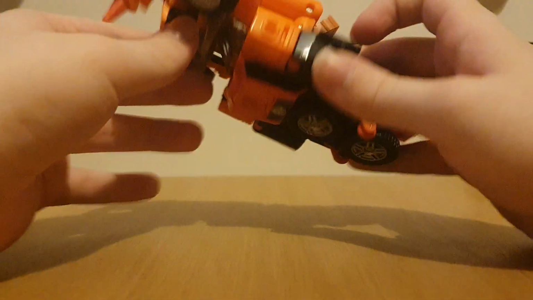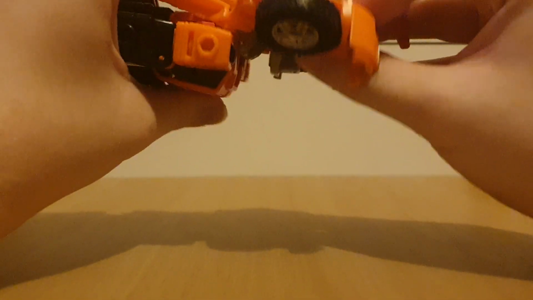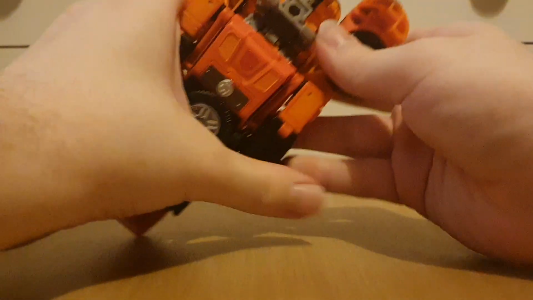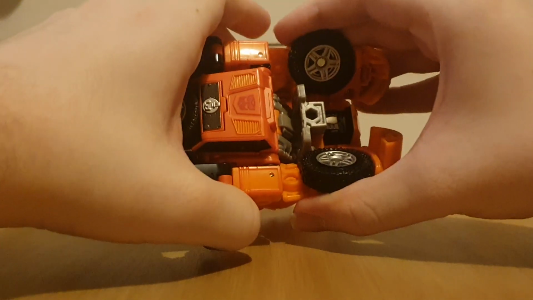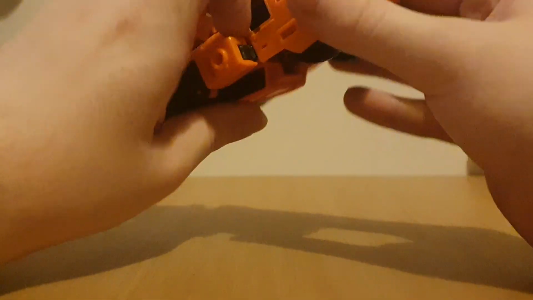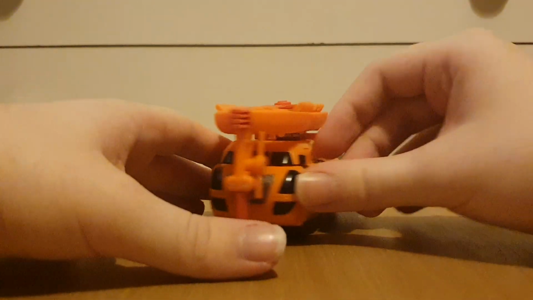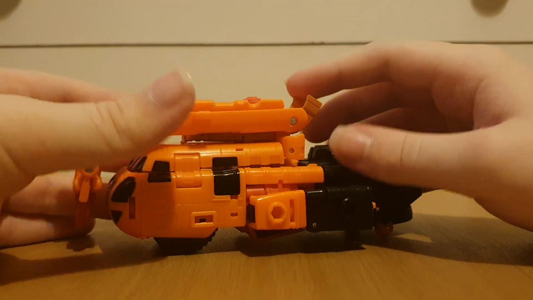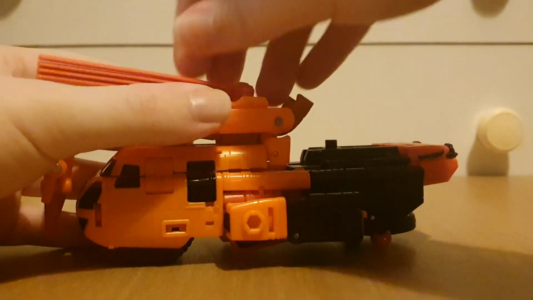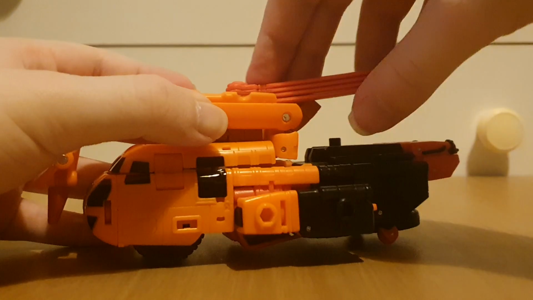Now, of course, as I said, you're meant to flip out these little bits here. So if we just, there we go. So we just close this up like so. So that's the main bit done. Now we just have the top bit and the rotors to do. So if I just pull this up, get this,